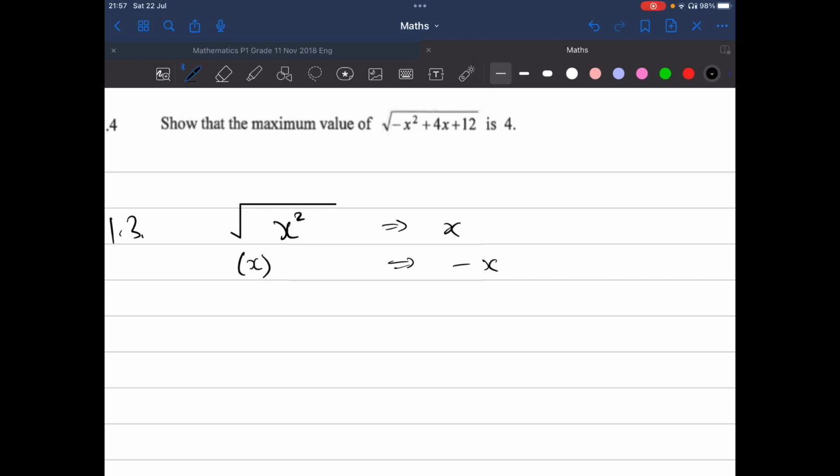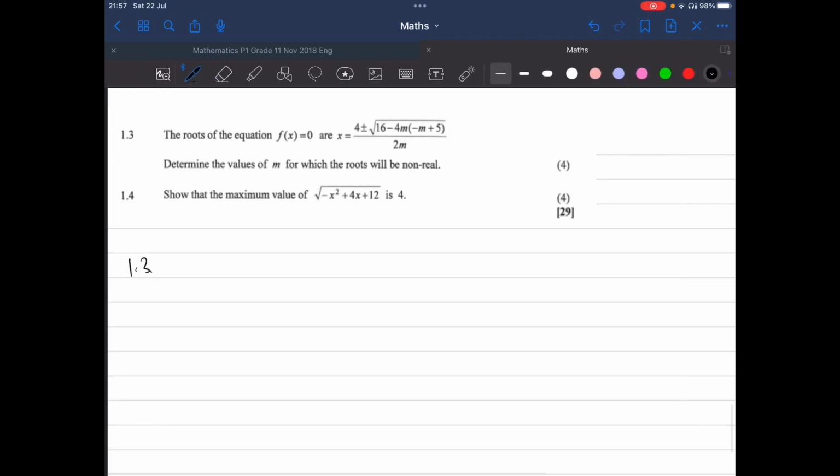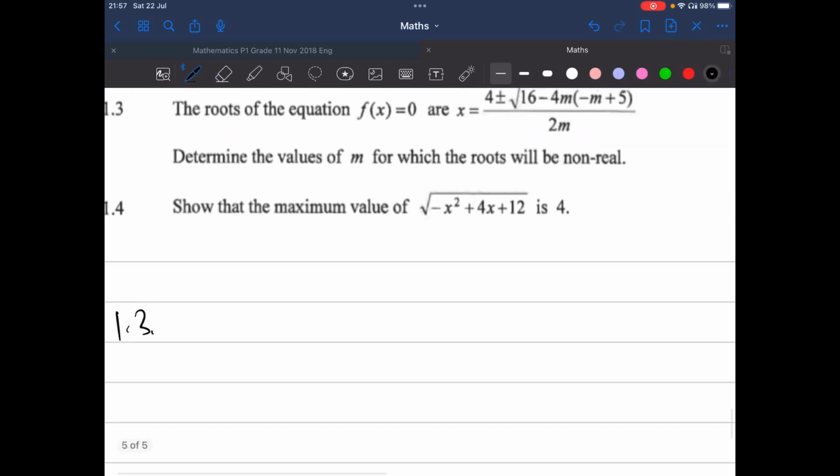Okay, because if we take two positive numbers, let's say x and x, I'll get x squared, right? Positive x squared. And if I take minus x times minus x, I'll also get x squared, right? Because a negative times a negative is a positive. So it's impossible to multiply the same number twice and have it be negative. So that means that for this to be non-real,